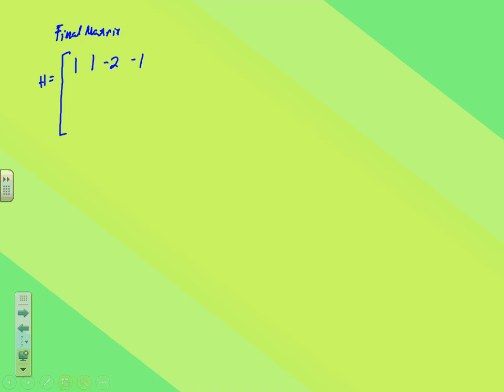My row 2 wound up to be 0, -5, 11, and 7. My row 3, final row 3, was 0, 0, -14, and -28. So here's my final augmented matrix, and from that,